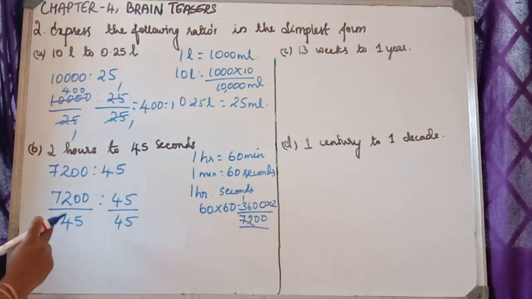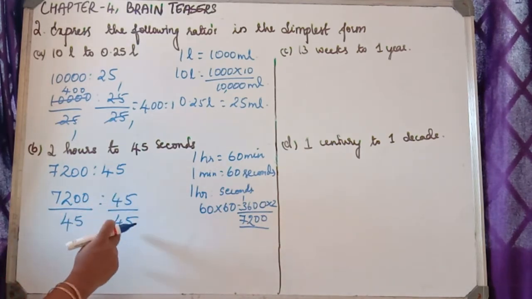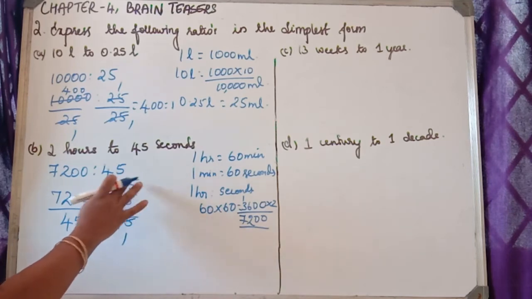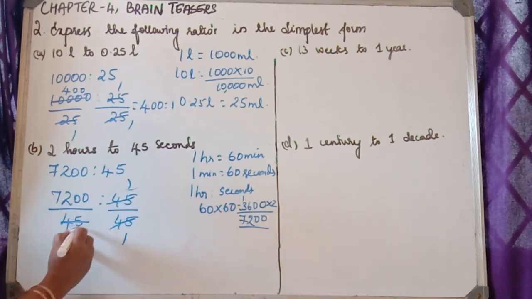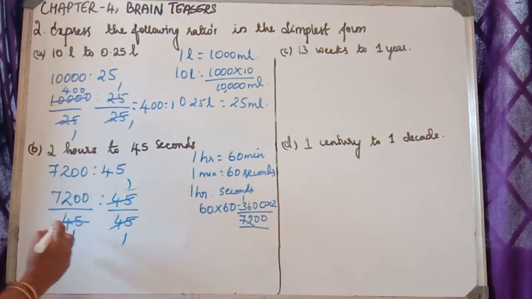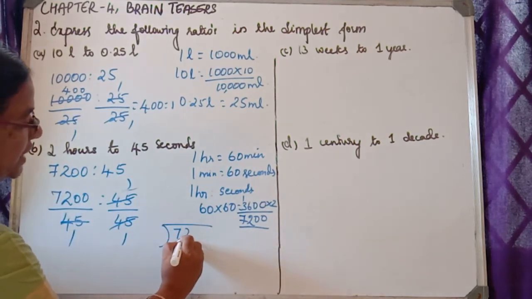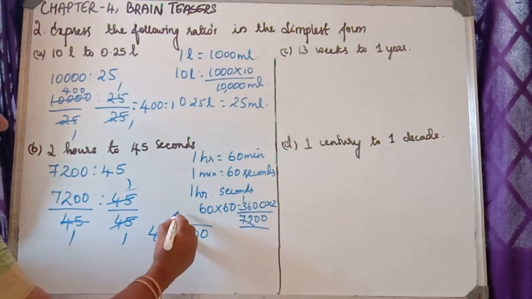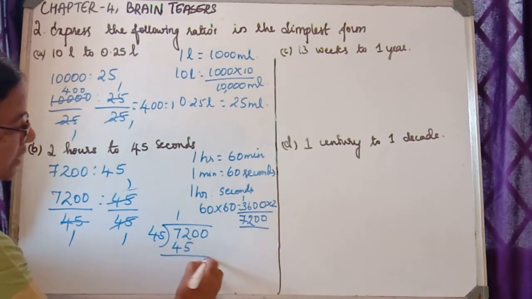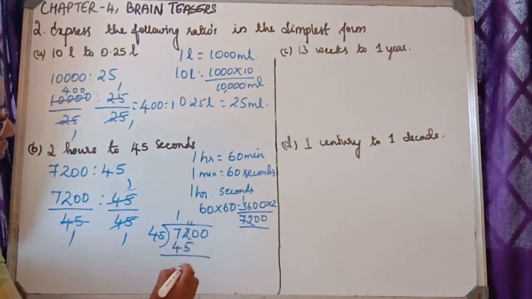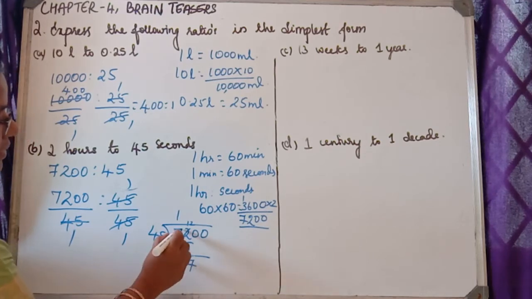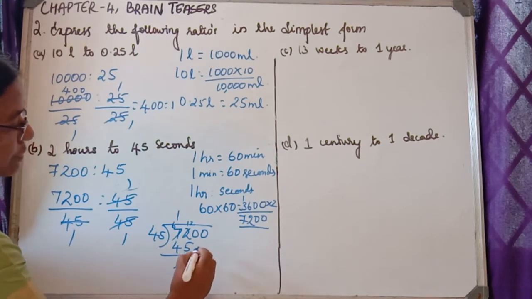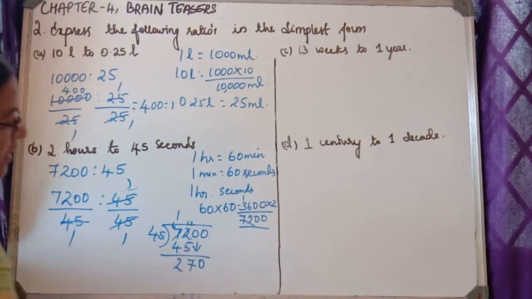Now we are taking 7,200 divided by 45. 45 ones are 45. Here also 45 ones are 45. Here 7,200 will be divided with the help of 45. Because if I do it mentally you can't understand, so I am doing it here. 45 ones are 45. Here we are going 1, 12. 12 minus 5, 7. Here it will become 6. 6 minus 4, 2. Bring the 0 here.